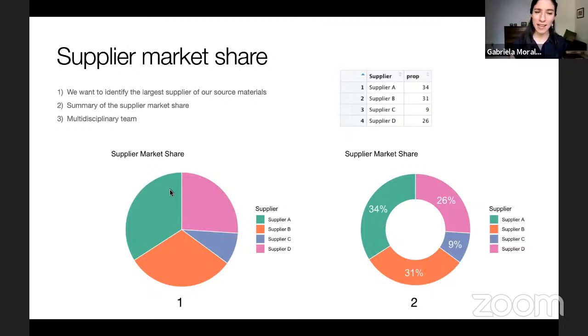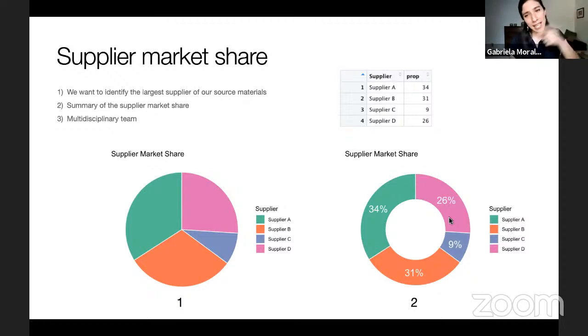So here, if you look at this, it's hard to tell if supplier A, which is the teal one, is bigger or not than supplier B. And if so, how much? Is it too much bigger? No. Which one is bigger? Yeah, this is so hard. Now, supplier C, which is this little one, is it a fourth of these? Is it a third? Yeah, so our brains cannot deal with these so easily. I mean, maybe if you spend a long time, but it's hard.